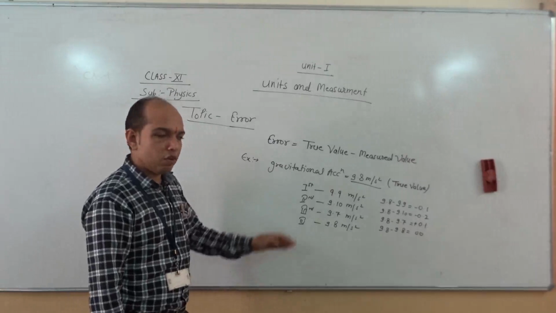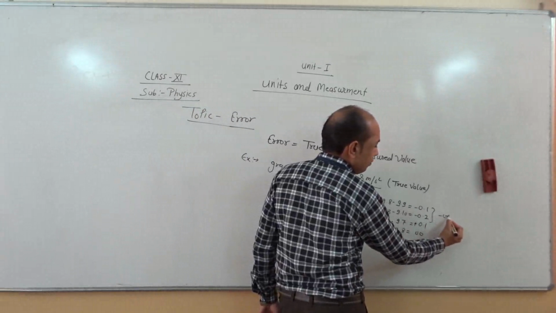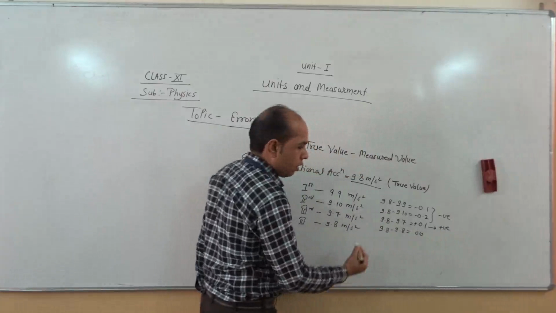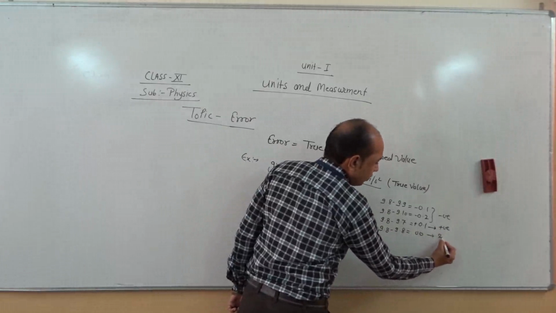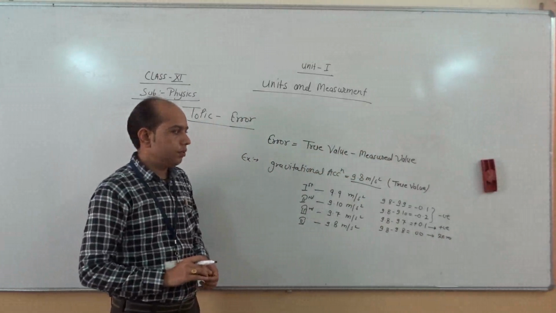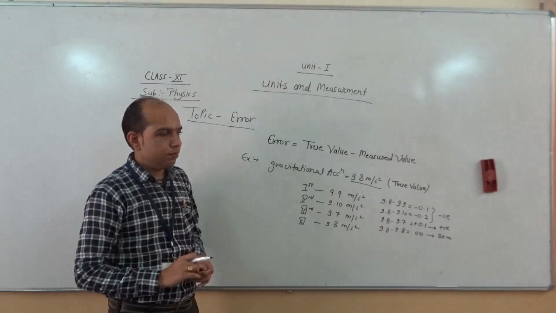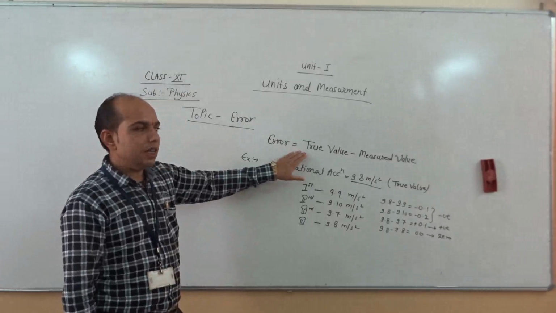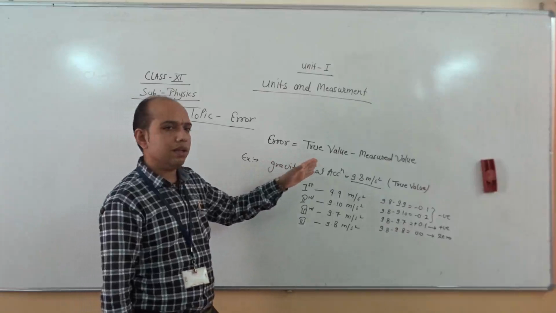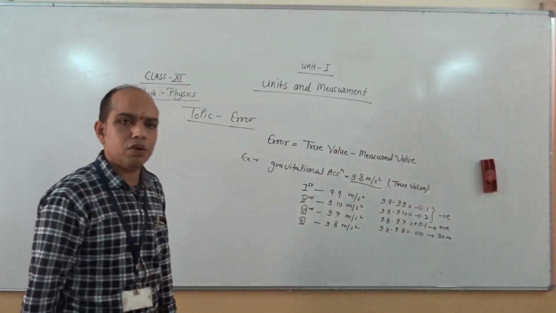Okay. So here we observe errors may be negative, errors may be positive, or errors may be 0. So errors negative, positive, or 0, it depends on the observation. So via this identity we easily calculate how much error there is during the experiment. Okay. Now we come to the next, types of error.